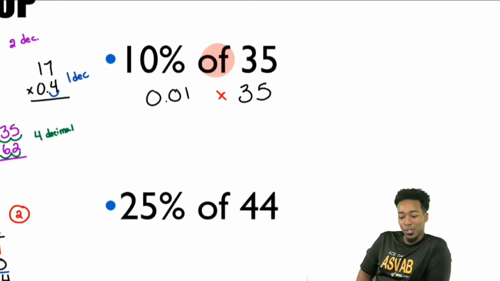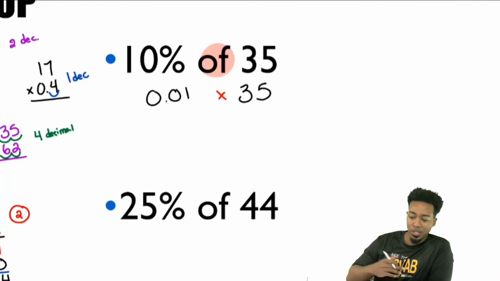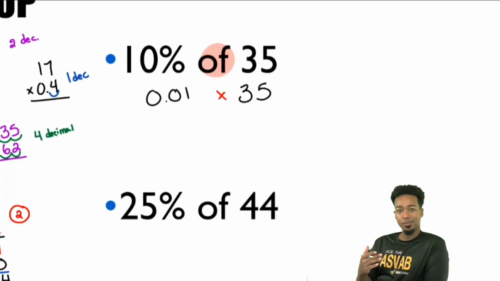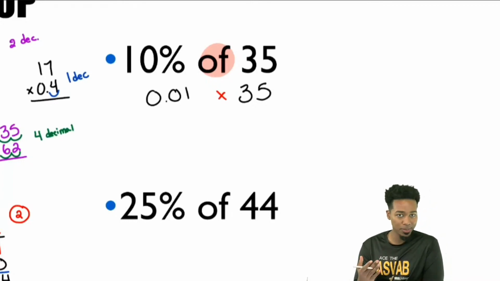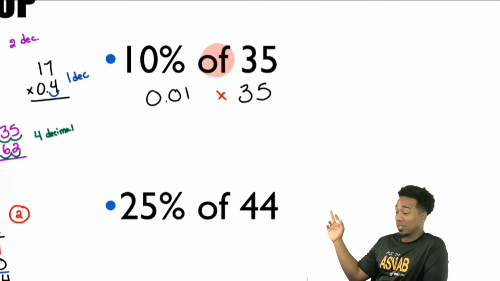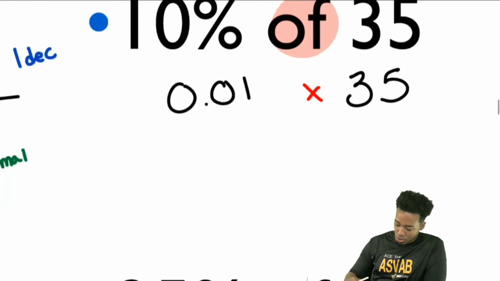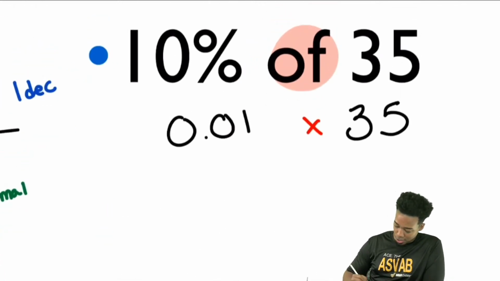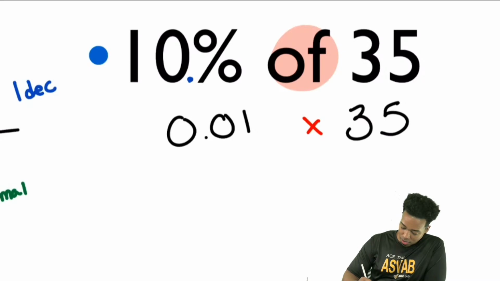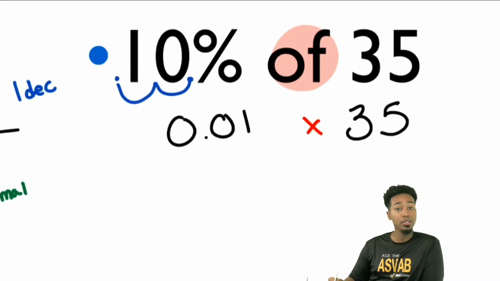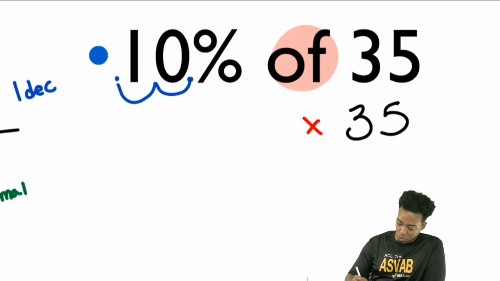All right, so you're going to learn one thing that I do as a teacher is I am going to make mistakes on purpose. So I want you guys to be able to spot mistakes. Spotting mistakes is a show of mastery. Here's why it's actually not going to be 0.01. All we need to do is move the decimal over twice to the left. And so following that procedure, here we go. We have right there 1, 2, and there's your decimal place. So it shouldn't be 0.01. It should just be 0.10,